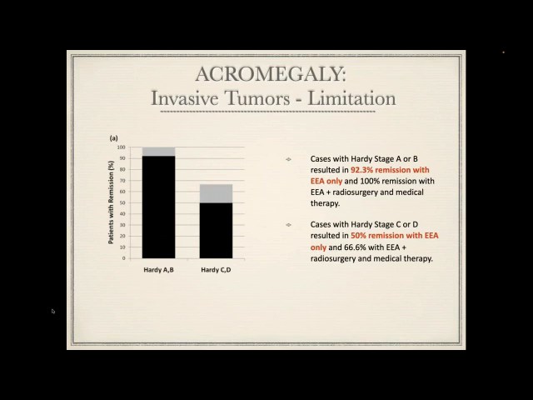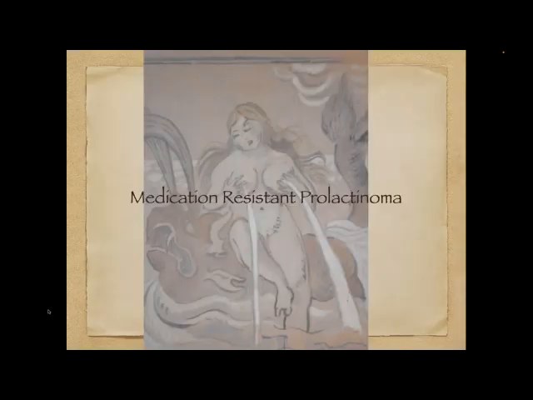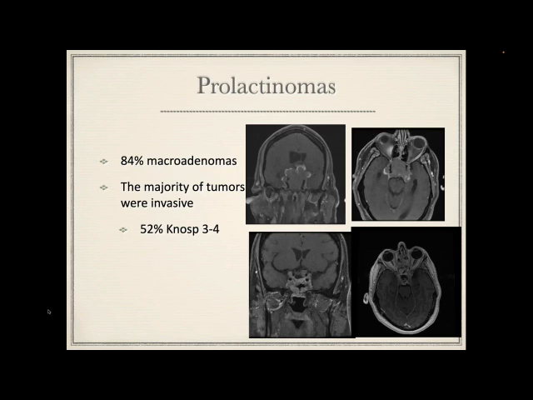We see invasive tumors. The more invasive they are, the more we still can't cure them, and this partly just has to do with the tumor biology, probably sticking to things, and there's something different about these invasive tumors. So prolactinomas, which can give you milk let down from the breast if you have what's called galactorrhea, and most of these are treated simply with medication that they respond very well to.